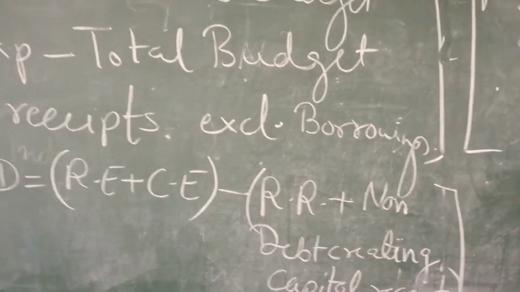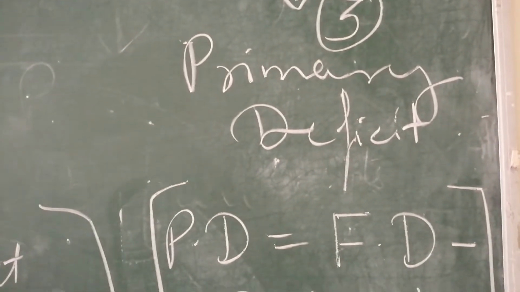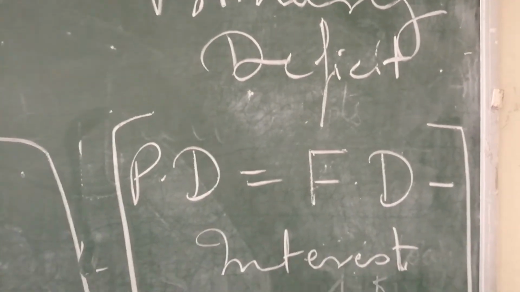Is that clear? This one is very important concept. And thirdly, the formula of PD: primary deficit is equal to FD